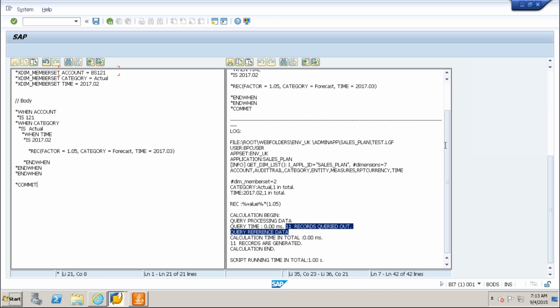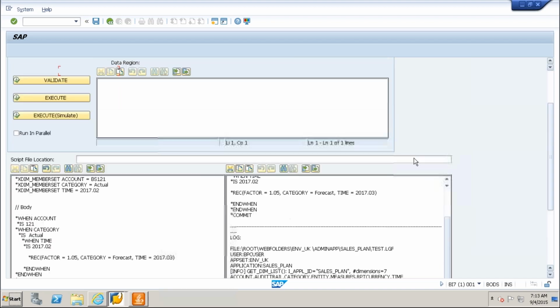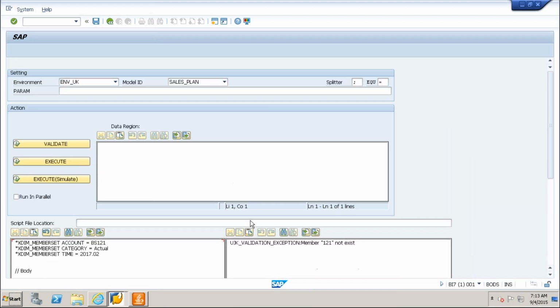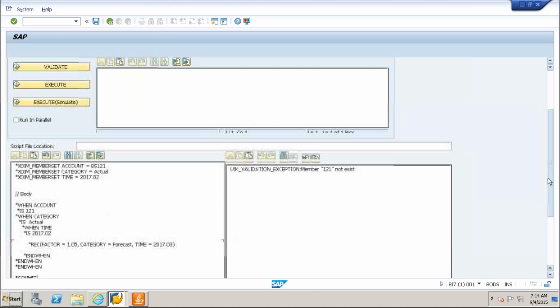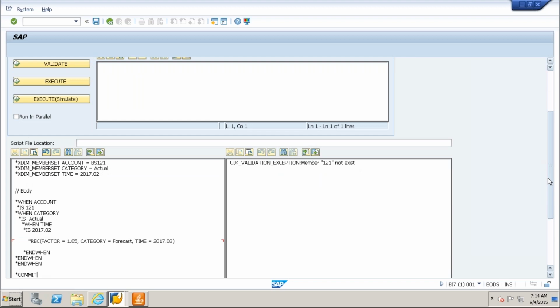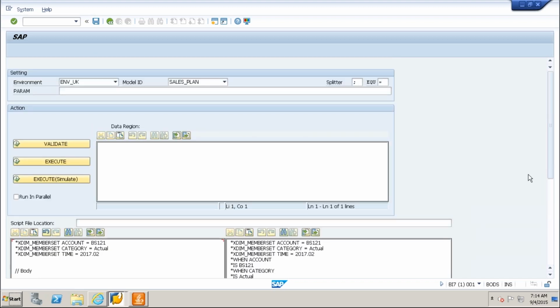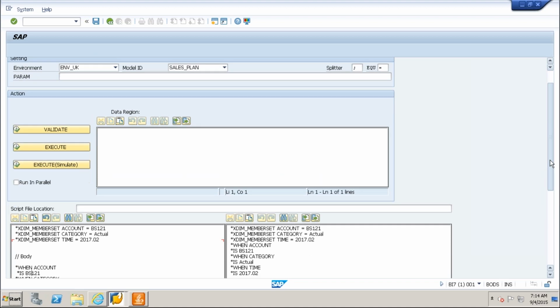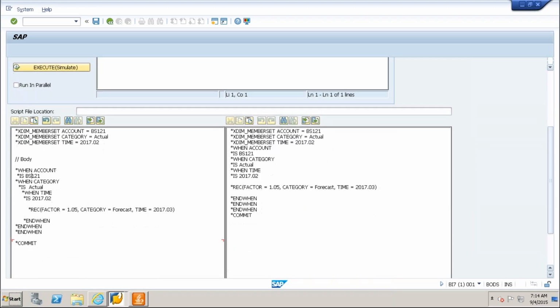Just I'm going to optimize this code instead of writing these many lines, to one not exist. Instead of writing these many lines, just we will optimize this code in the simple manner.